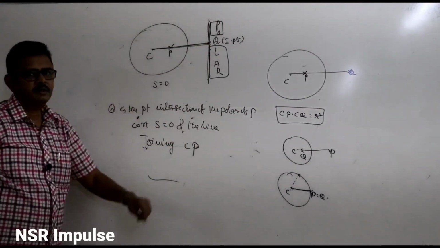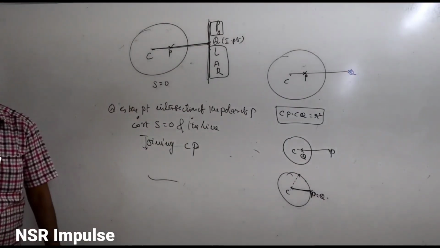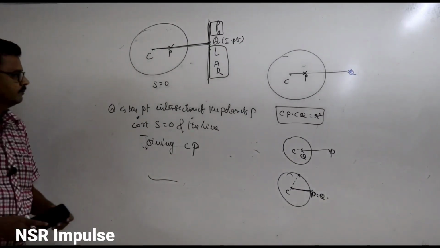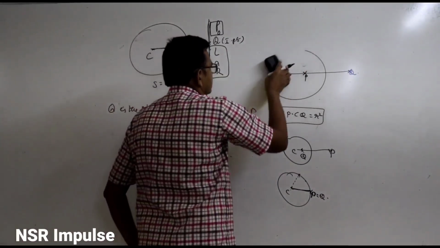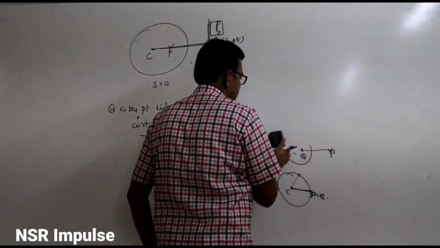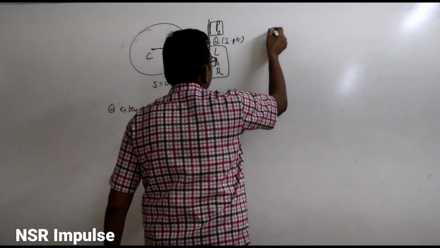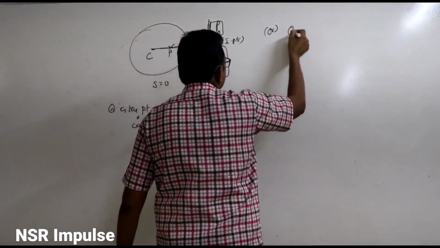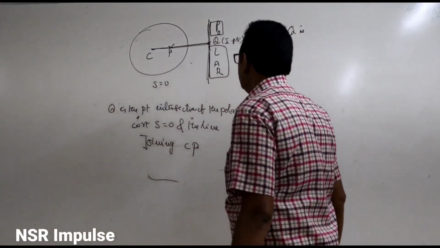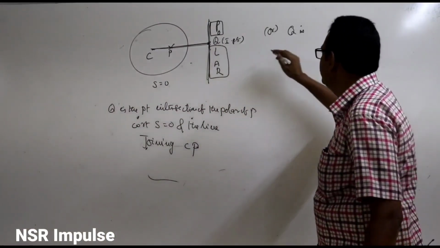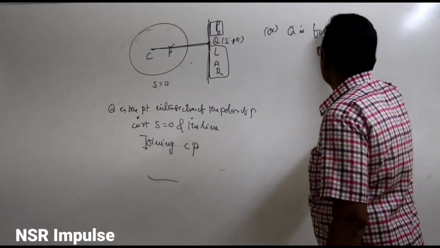So this is the point, that is the inverse point. Q means the inverse point of P. Q is the foot of perpendicular